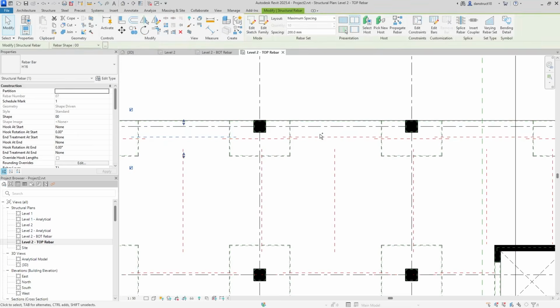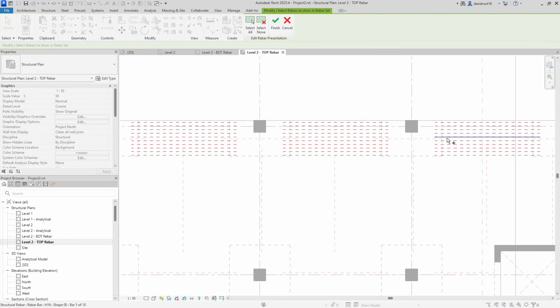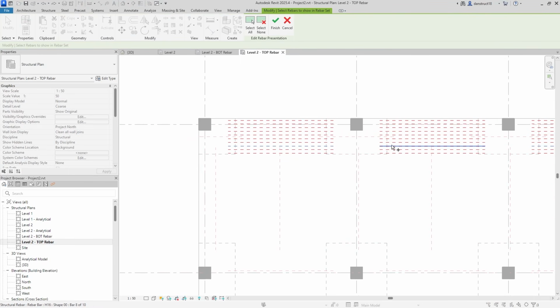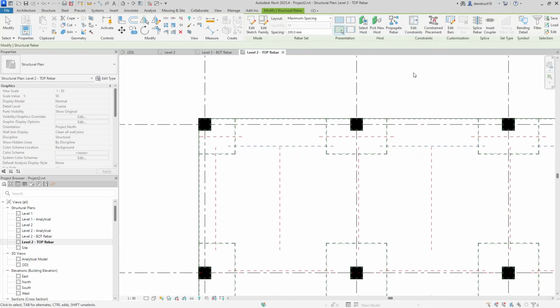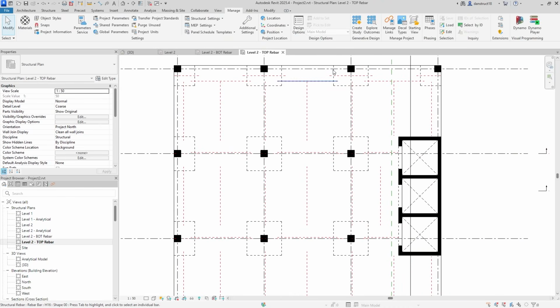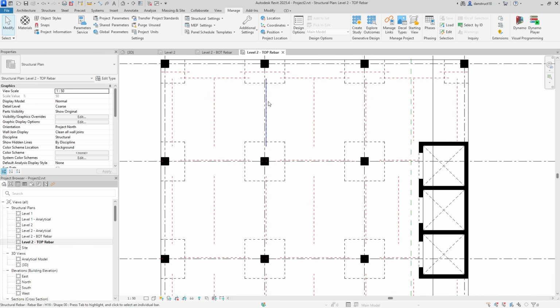So here, I'll hold down the control key, I'll select these bars, click here, select none. I'll click on these ones here, there we go. And this one here as well, and I'll click on finish. That's fine. All right, so here in this direction, in this direction as well, these ones seem to be fine,